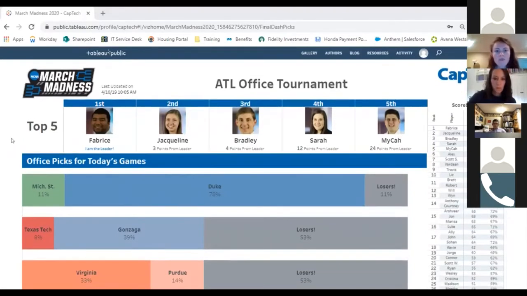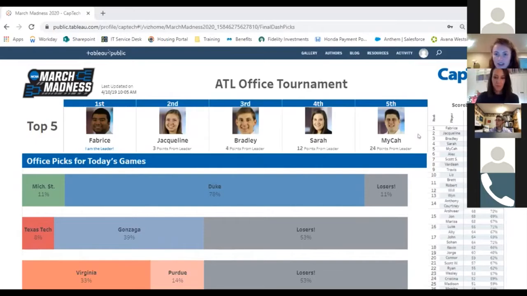And then I really wanted to make it as visually appealing as possible and highlight the participants as well as I could. So we tried to utilize Tableau's custom shapes and custom colors. In this case, we took all of the participants' headshots and put them in, and anytime they landed in the top 5, they got to be on the top center of our dashboards in the office, which was fun for them.